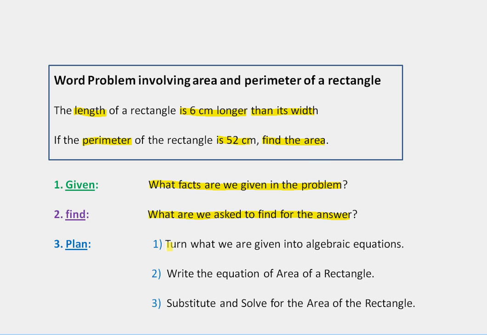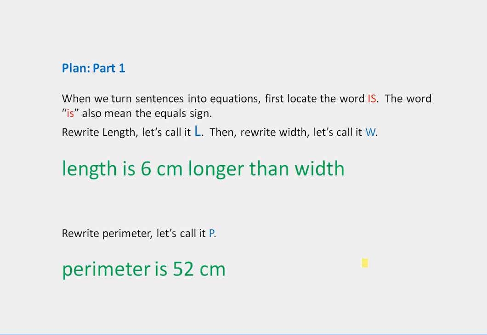Third, we need to have a plan. So part one of our plan, turn what we are given into algebraic equations. Second, write the equation of an area of a rectangle. And third, substitute and solve for the area of the rectangle. So part one,